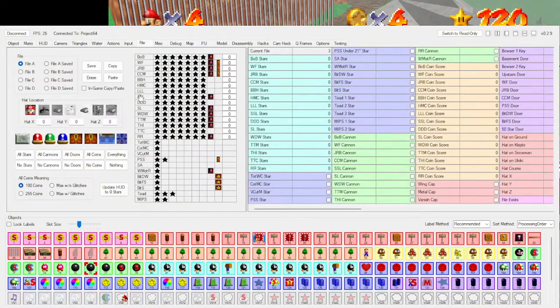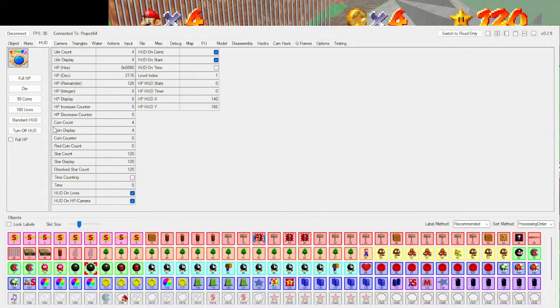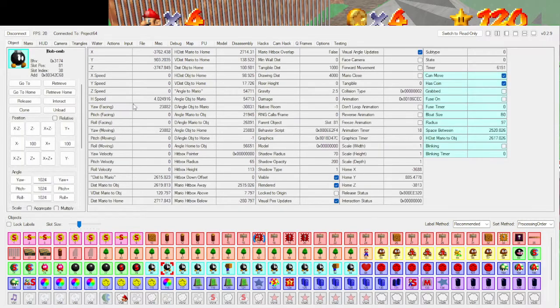It has the file, so if you want to, like this is the file I'm on, you could change stuff with the file. You could change coins and health. You could change Mario's position. You could check the HOLP. You could see Mario's speed values. You could do it for a bunch of objects, like for example,